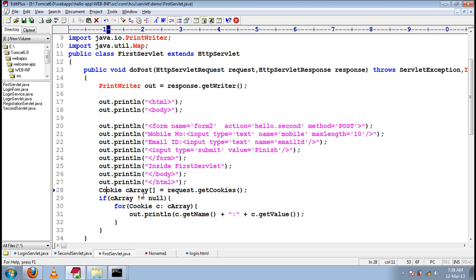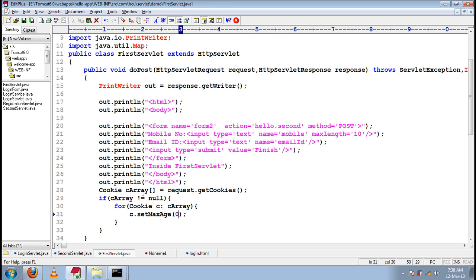So for each and every cookie, we set the max age. If we set the maximum age to 0, then automatically once the response is committed, cookies will be expired.